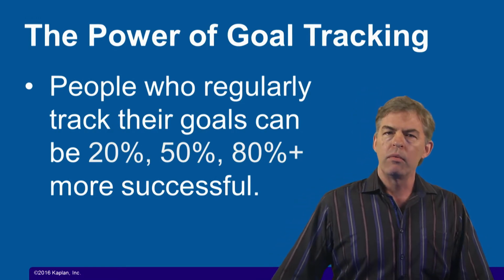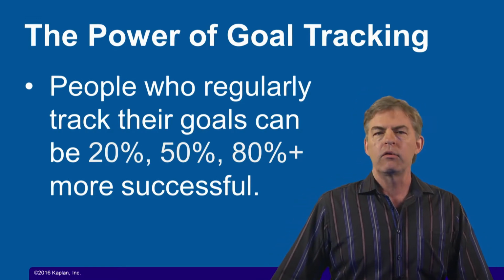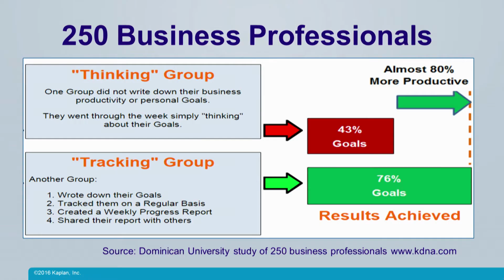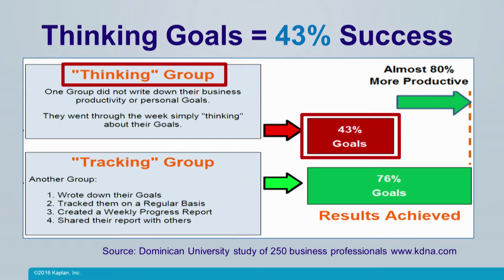And we know from goal tracking studies that people who regularly track their goals can be 20, 50, or even 80% more successful. Here's a study done by a university of 250 business professionals. And what they did is they put half of them randomly in a thinking group and half of them in a tracking group, where they actually tracked what their goals were and whether they were achieving their goals day after day, week after week. And as you can see, the thinking group, month after month, only achieved about 43% of